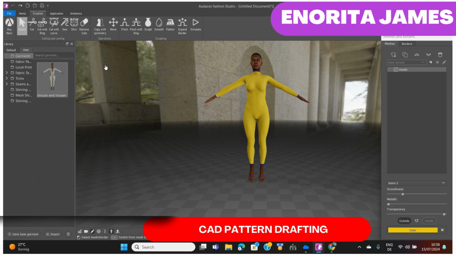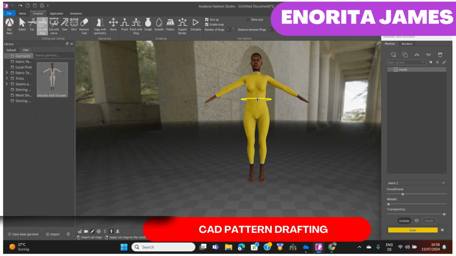First, I need to cut this mesh into a top and a bottom. And to do that, I use this cut with ring. As I said, if you want to know how to use all this to do your designs, I have a very, very detailed video that I'm going to paste right here. You can go ahead and watch it. So once you do a cut with ring,